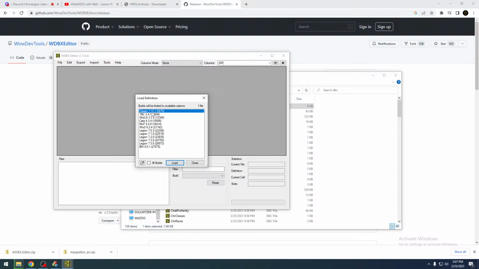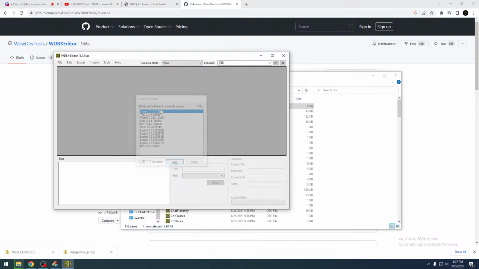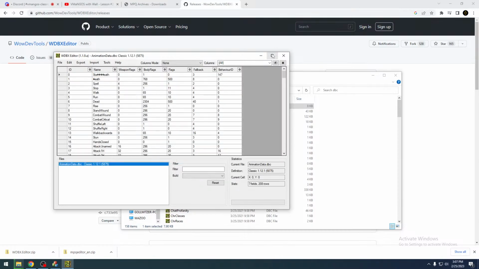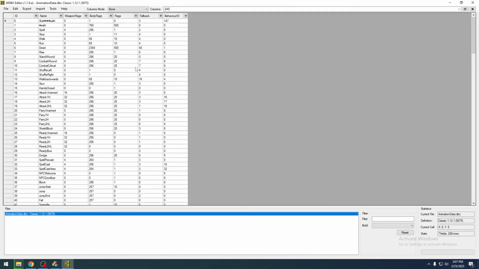WDBX has built-in templates that indicate column names and various pieces of information within the file that wouldn't typically be present in just the raw form. Stuff like column names isn't saved within the tables because it's unnecessary. So with WDBX we can load the classic 1.12.1, which is vanilla, and we can see in the animation data